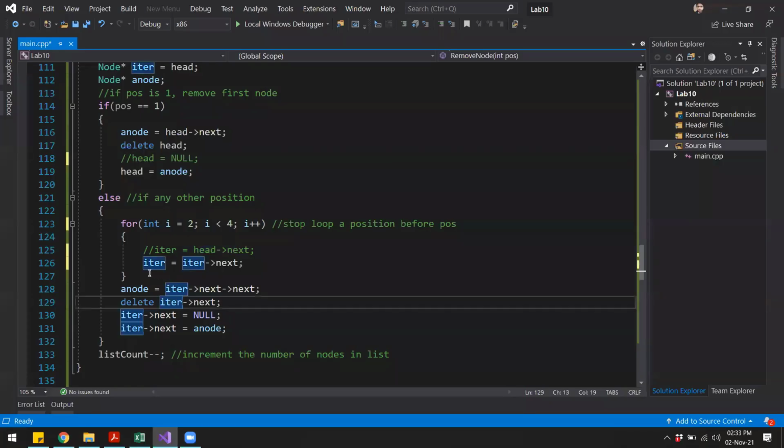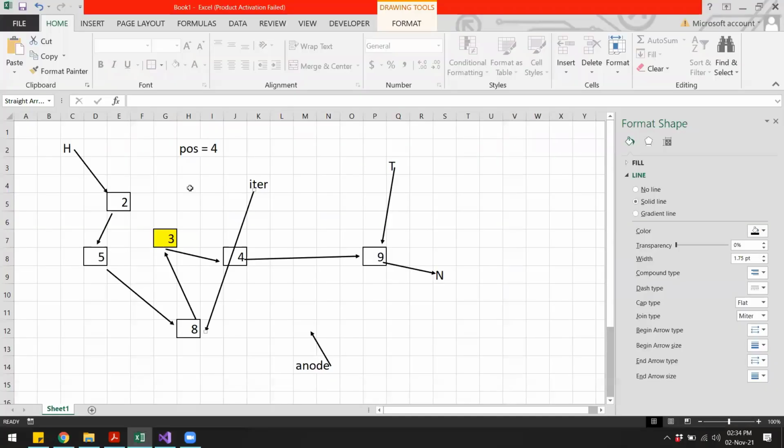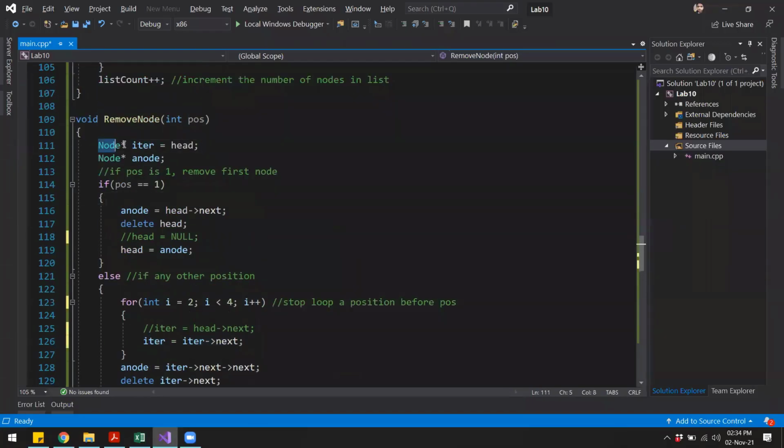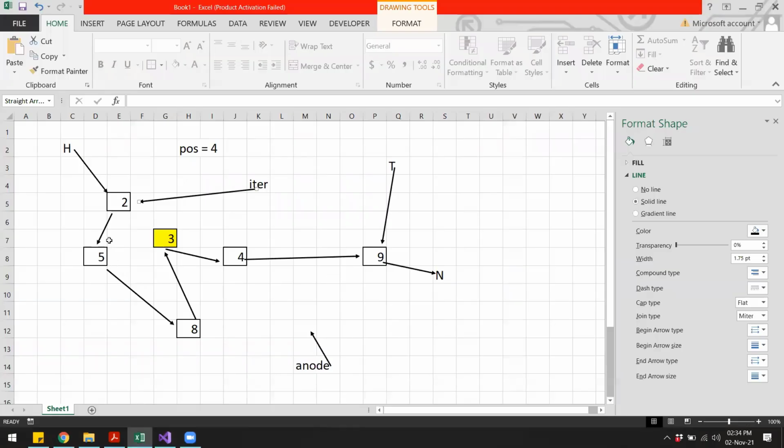Now when this loop runs 2 times, so when I is 2, iterator will go to the next of the iterator. So initially it is pointing to head. Right, if you look at the first line in the function, it is pointing to head. Then when this loop executes for the first time, iterator will go to the next of the iterator. So this is the next of the iterator. So we make this point to the next of the iterator.